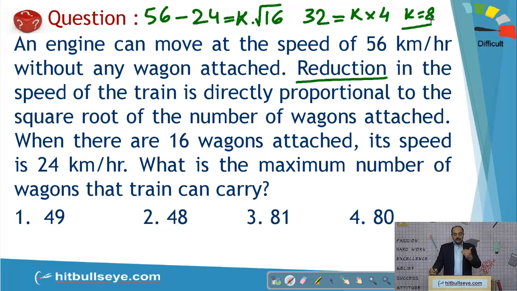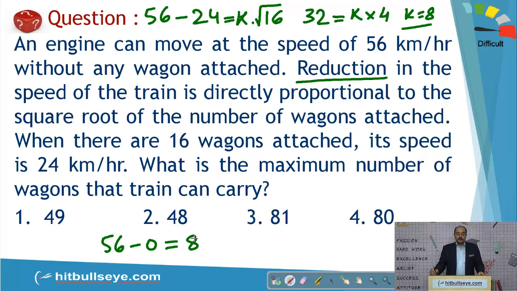Using this equation in the second scenario, it asks, what is the maximum number of wagons that the train can carry? The common sense is, if I want to maximize the number of wagons, let us reduce the speed of the engine to 0, which means we can write 56 minus 0 equals k, which is 8,